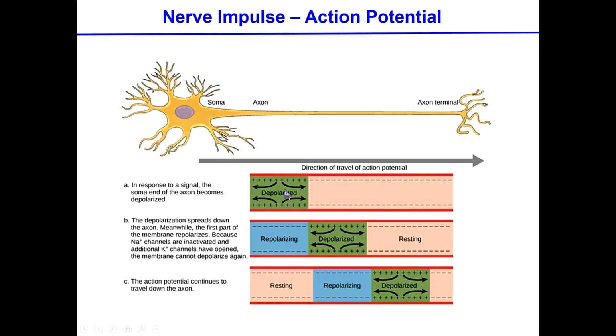As the sodium is increasing in here, there is a depolarization immediately following, which this slide tries to depict, and the movement is in this particular direction, and things are going back to normal as the wave of depolarization moves on. A segment will be repolarizing, and then another segment has gone back all the way to resting state. Okay, so it's a wave of depolarization that happens all along the axon that carries the nerve impulse